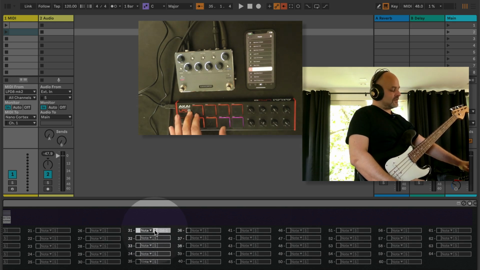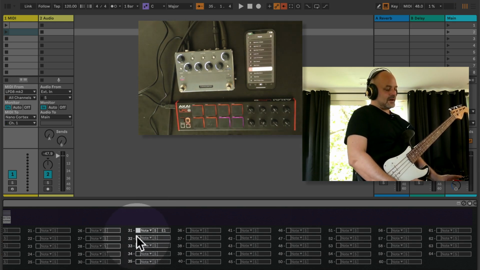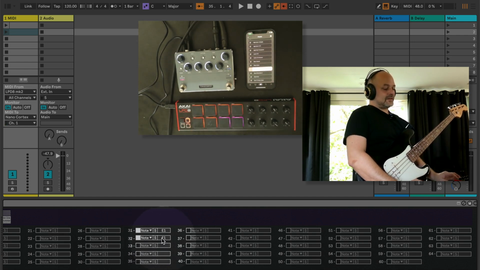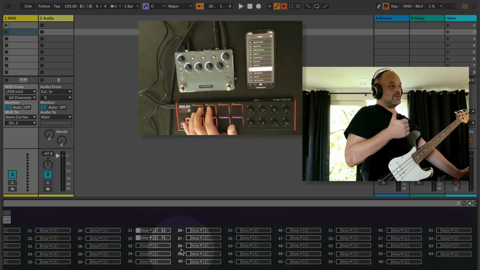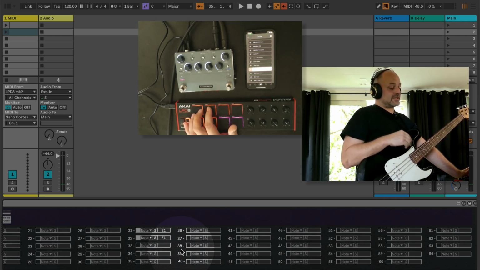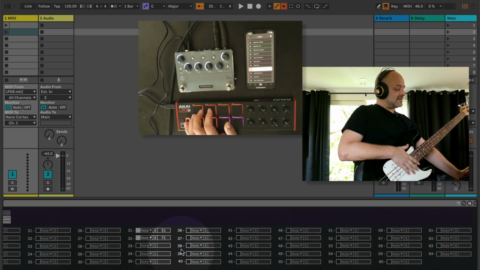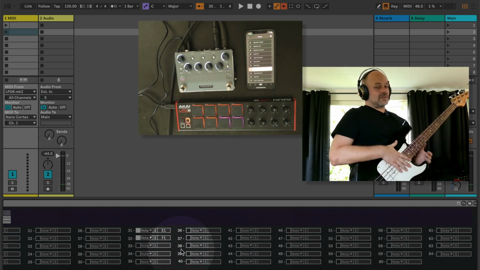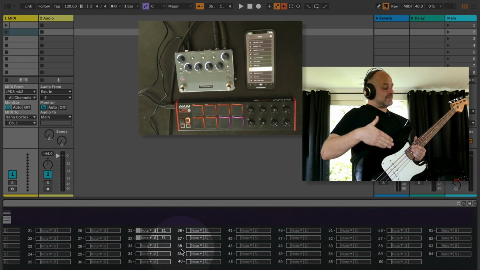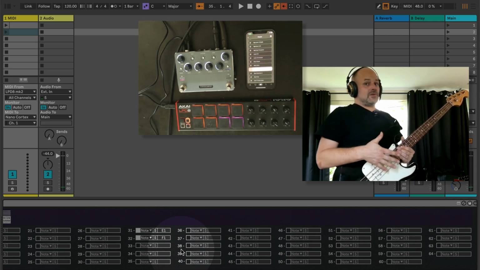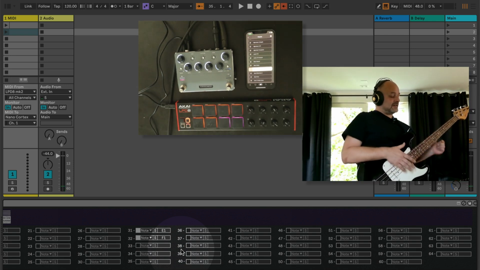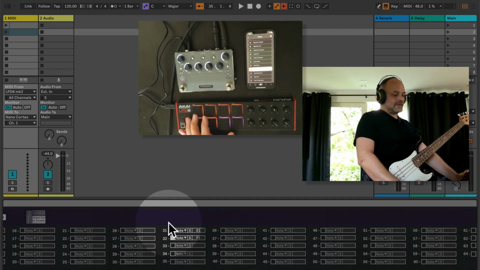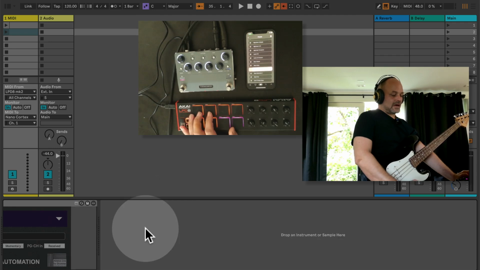I go to S for syncing. I just hit the button or hit the pedal I want to map. This speaks MIDI notes, MIDI CC, and MIDI program changes. So if you have an FCB1010, for example, and yes, you can already use it with the Nano Cortex, but you always need to go up and down to the right slot to do so. So if you want to reprogram that, that takes a little time. With this tool here, you could just send MIDI in, and then you are able, and if we have a look on our